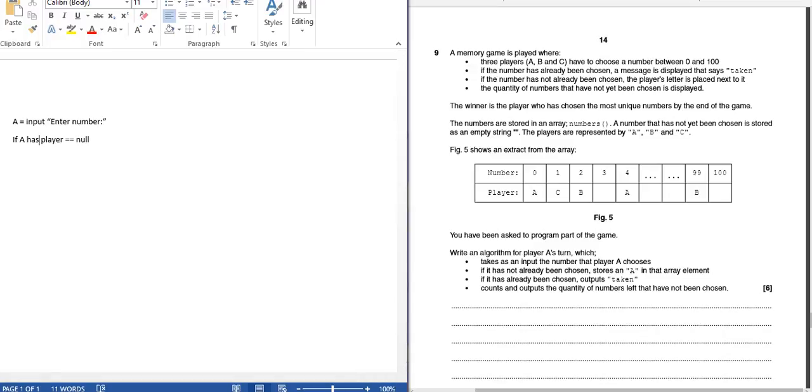the player is a corresponding number of the value to the number. So let's say that a player inputted 3. That means this value is null, and thus is stored as 2 apostrophes as shown here. So you can show that as null in your pseudocode, or you can write those 2 apostrophes, although null generally tends to give you a higher mark. Then you want to indent it, and as you can see, it says if it has not been chosen, stores an A. So you want to do store